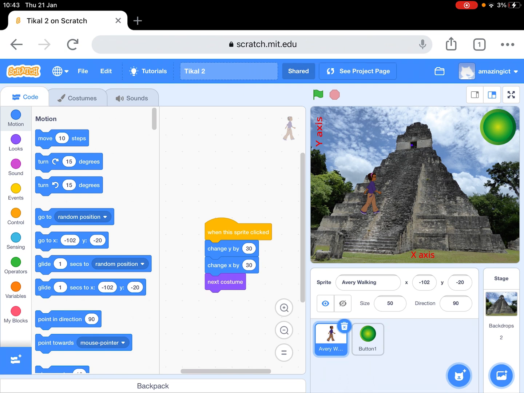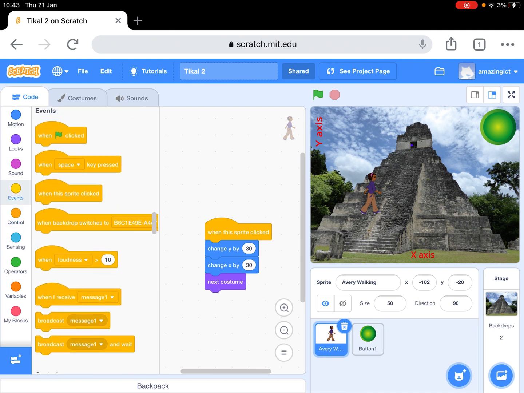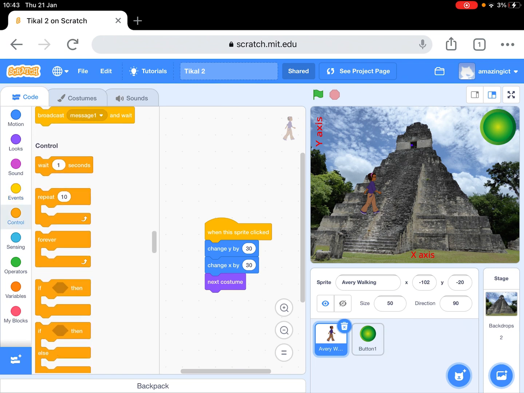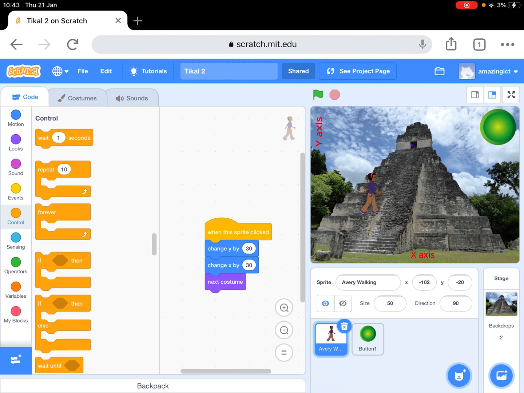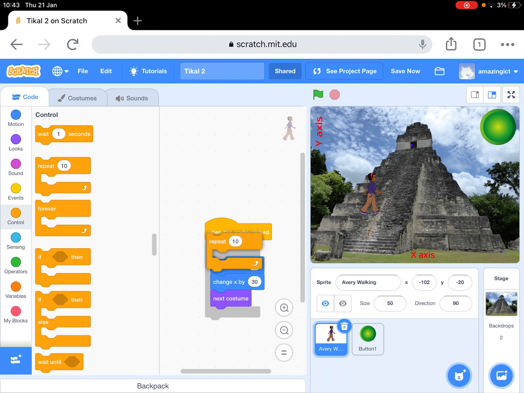And the last thing I want to do with you is to say, actually, if you want it to be more efficient, you could put a loop in there. So this repeat is a loop, and you'll see how it slots in. That repeat will make her do 10 steps at a time. So it's going to go too far, but I'm predicting it's going to go too far. So let me just test it and